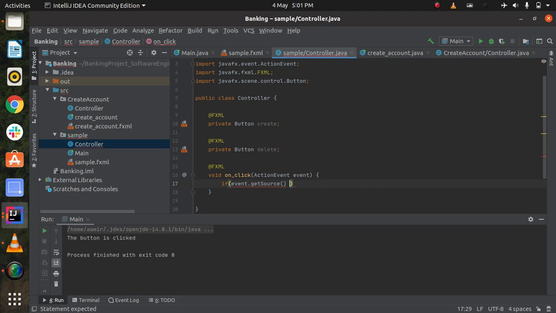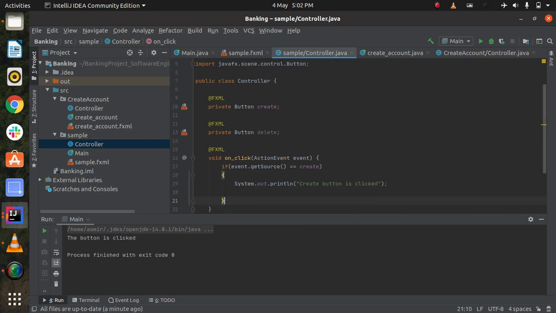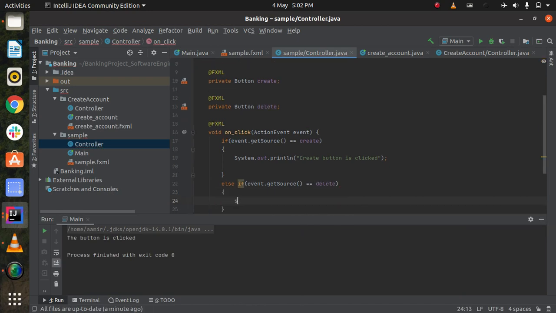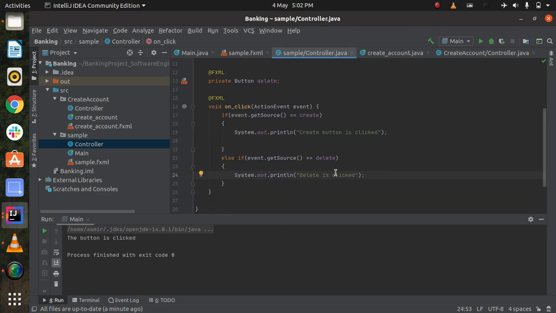Now if this button equals create, this is the button name, if the returned button is create, then show the output that the create button is clicked. In the else if, event.getSource, if the returned button is the delete button, then show the message that the delete button is clicked. In this way you will be able to differentiate between these two buttons.